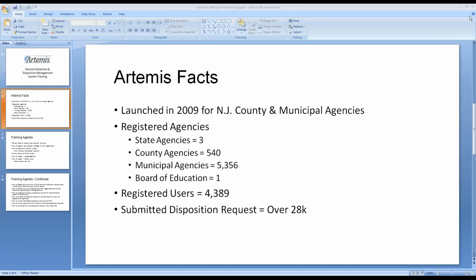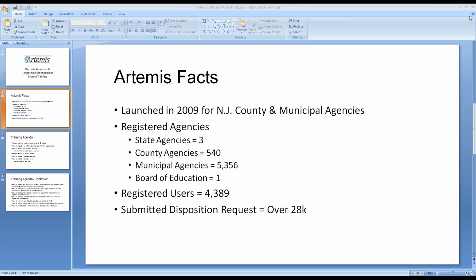Just to give you some other quick facts, currently we have 3 state agencies that have registered. As I said, this year we are rolling out the Board of Eds and the state agencies. We have a total of 540 county agencies or departments that have registered in Artemis, and over 5,000 municipal departments throughout the state. We've already had 1 Board of Ed register.